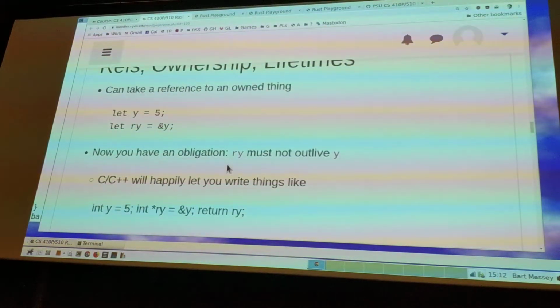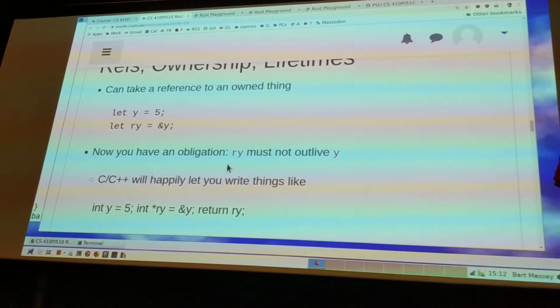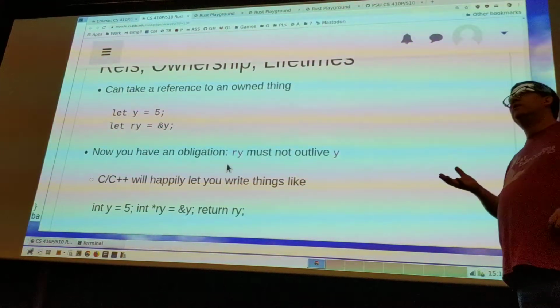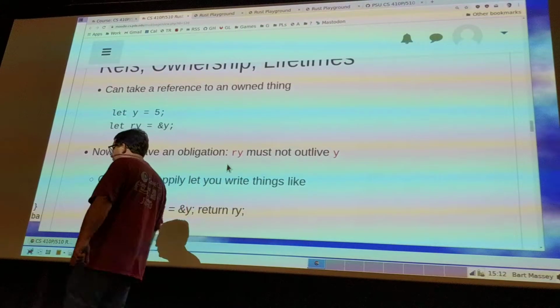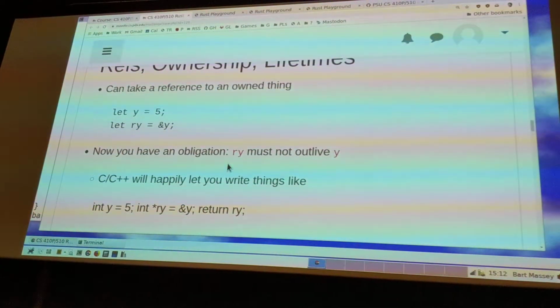So there are 2 kinds of references you can take to an owned thing. There's immutable references, just ampersand, and there's mutable references to mutable things, ampersand mut. And I can always choose whether I want an ampersand or an ampersand mut reference to a thing. But in either case, we have this obligation that the thing you're referring to lives at least as long as the reference itself. You can't let the thing that's being referred to go and leave a pointer dangling. The compiler checks that. But the compiler has another rule, which is super important that you have to keep track of.